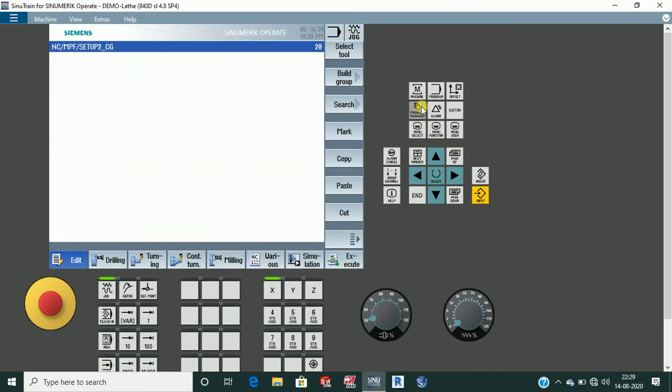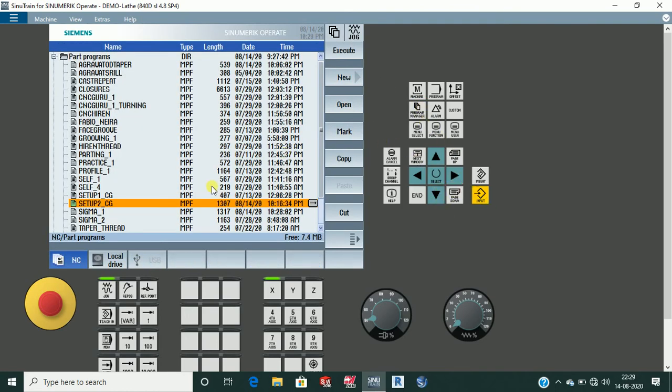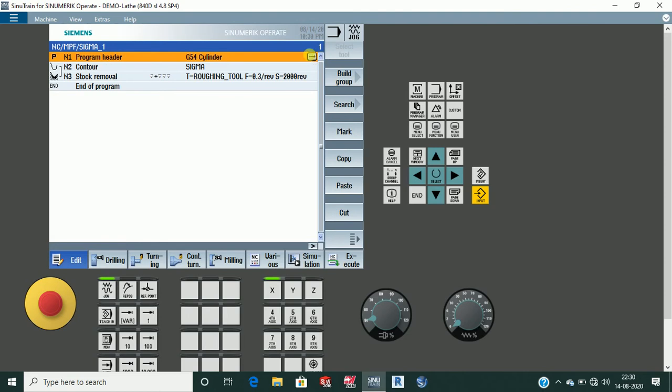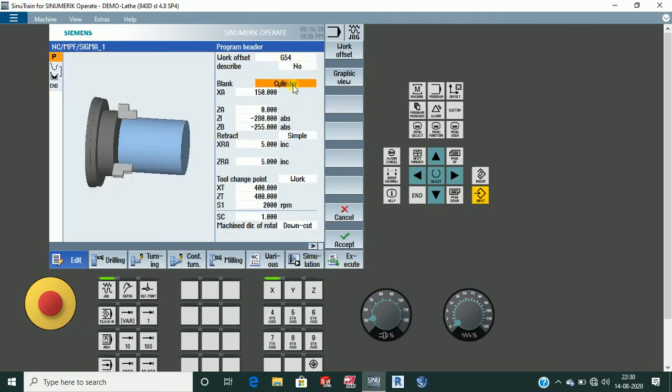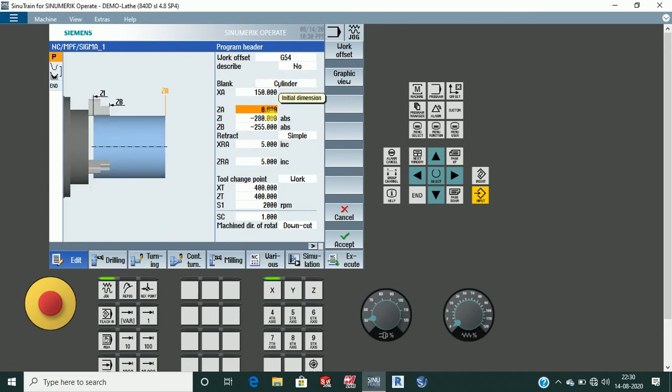Now, insert. What is insert? Basically, insert is the enter option, as on a keyboard. Let me show. If you open any program, let me open this. Let me just change the value. If 00 is written here, we want to make it 10, so we type 10 from our keyboard. Now this is not entered yet, so we have to input it. Now it is entered.